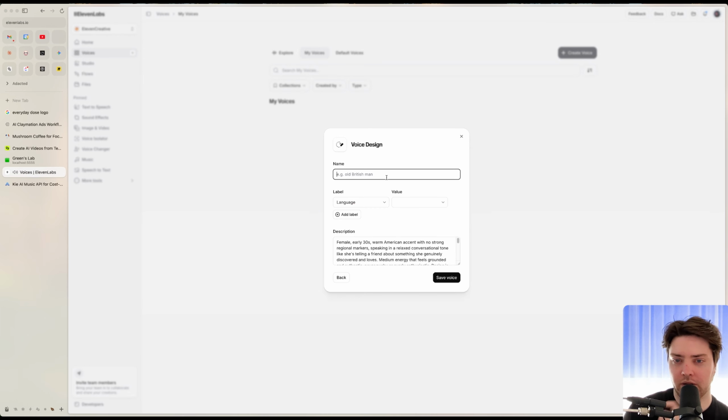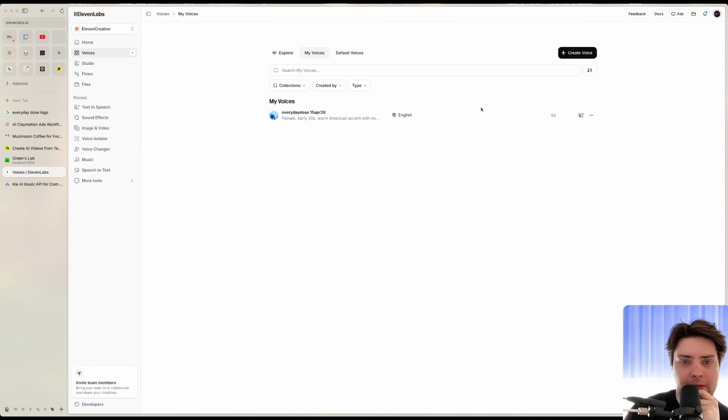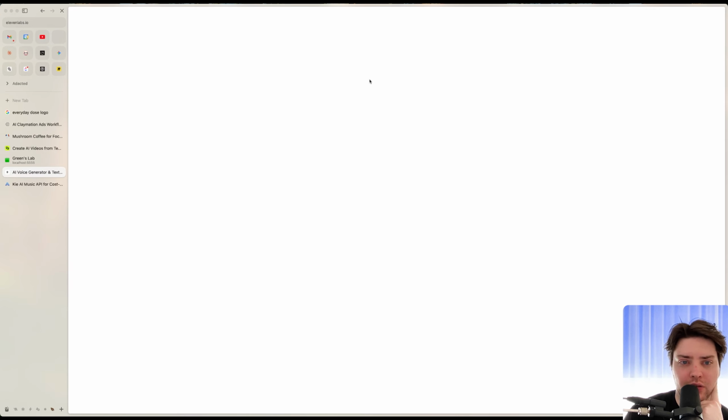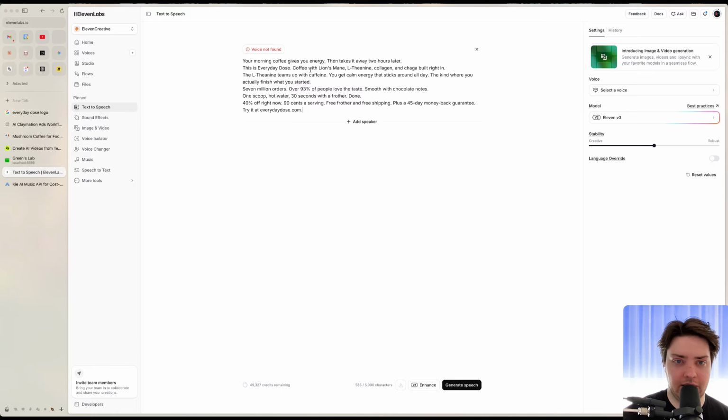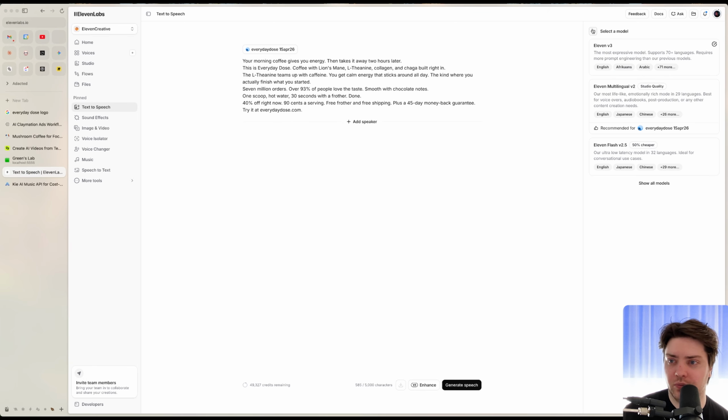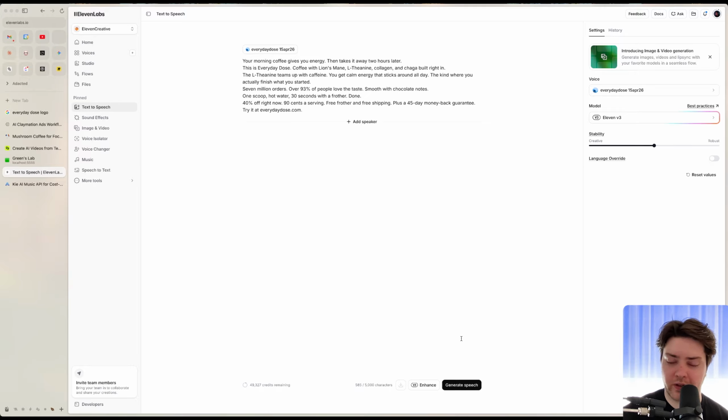I like the first one. I'll name it after the project, and looking good. Now we're gonna go to text to speech, and I'm gonna put in the script in here. Select the voice. Let's start with the V3. If it's too dynamic or weird, then I might also try the V2, but typically V3 is more expressive for